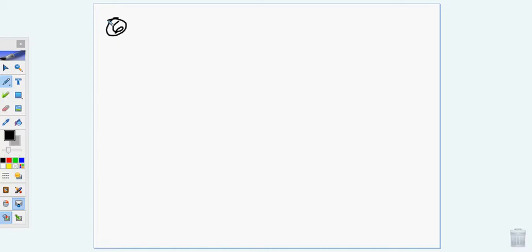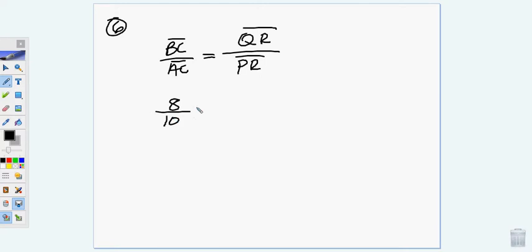If you're told that the polygons are similar, then the corresponding sides are similar, and you can set up a proportion, right? You can set up this proportion. BC over AC is equal to QR over PR. Now I have enough values here that I can figure out the missing value. The missing value is X, so I can fill in the blanks for all of the other things that I have, right? 8 over 10 equals, let's see, QR is 18 over X, okay? So if I do my same cross product,